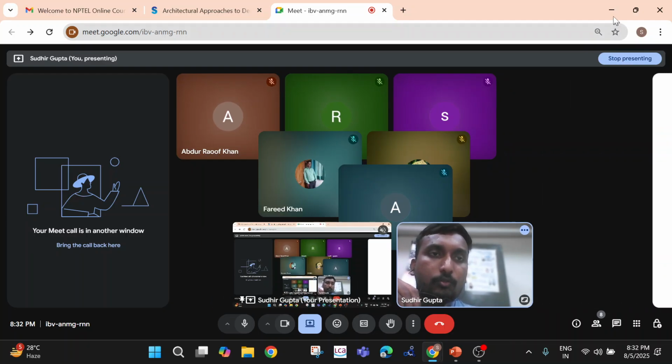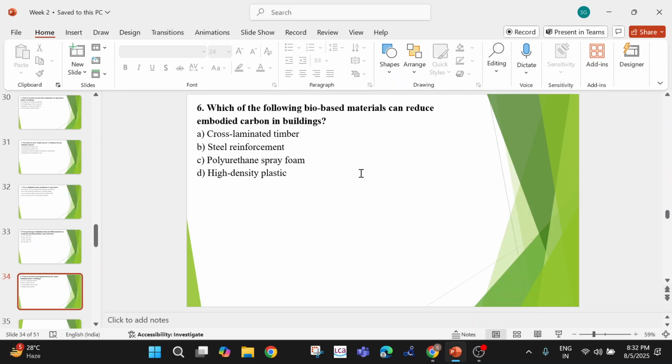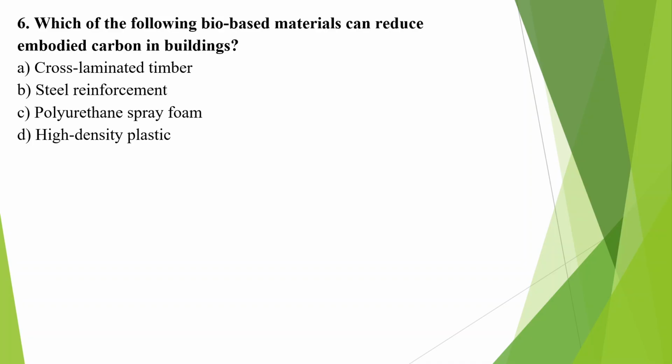AAAC. So option A, whoever has marked it, is the correct answer for this particular question number 6. That is timber. You can basically say all the bio-based materials, be they bamboo or timber, come under bio-based materials which have lower embodied carbon emissions, and sometimes they also have good carbon storing potential. So that's why it is